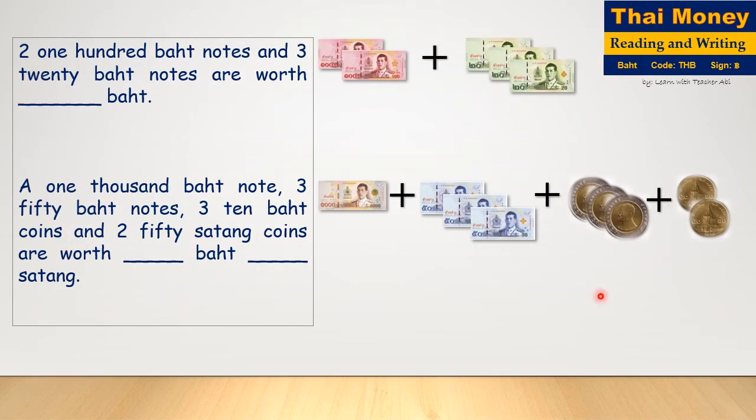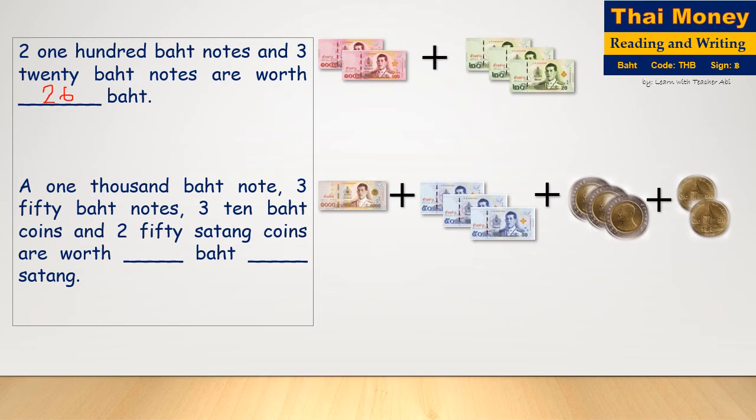Right, so welcome back. Let's check if your answers are correct. Let's read each sentence together. Read it with me. Two 100 baht notes and three 20 baht notes are worth blank baht. So we have here two 100 baht notes, 1, 2, and three 20 baht notes, 1, 2, 3, 20 baht notes is equal to, perfect, that's correct,